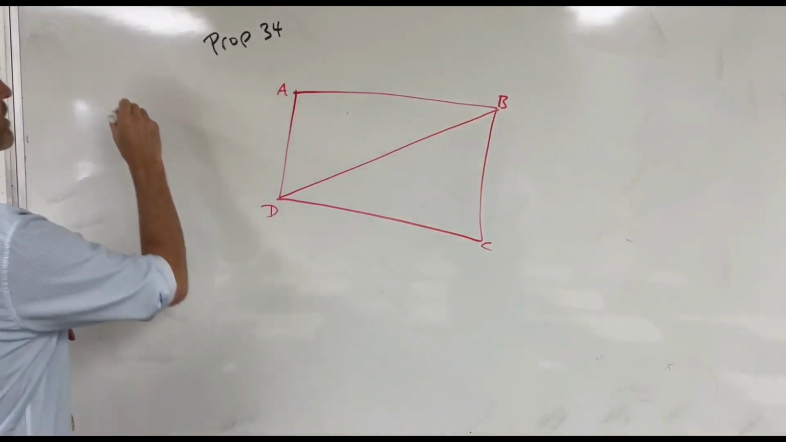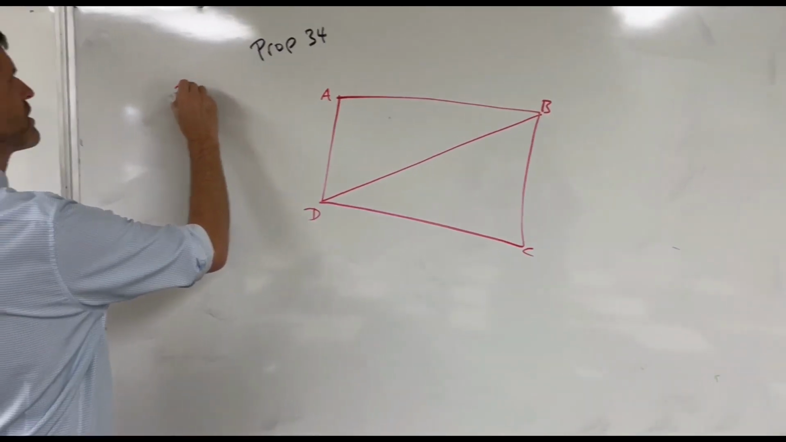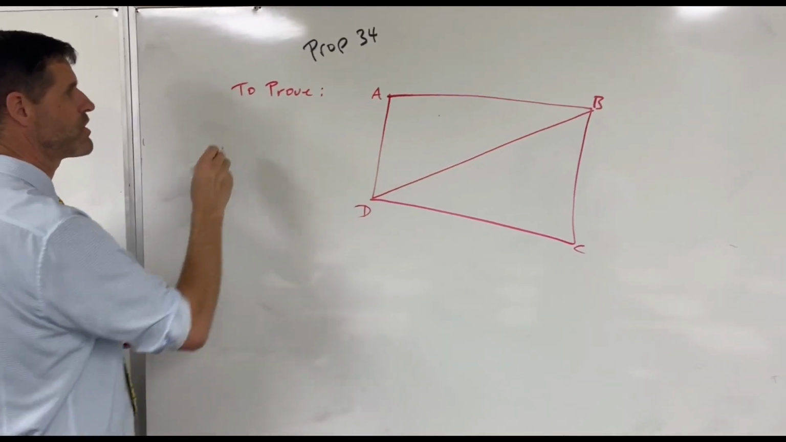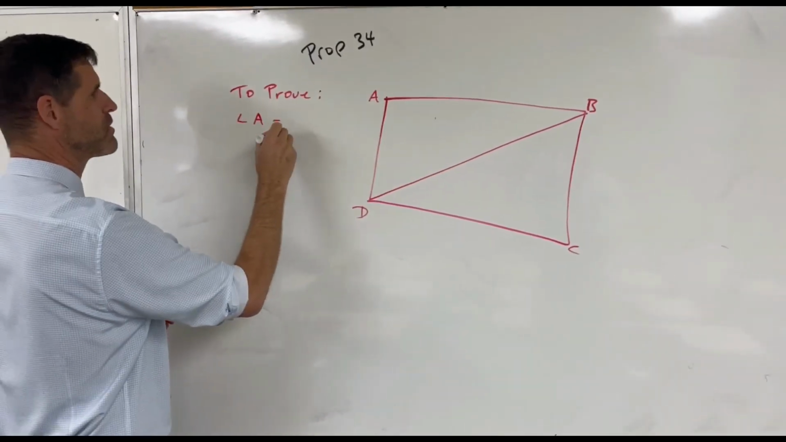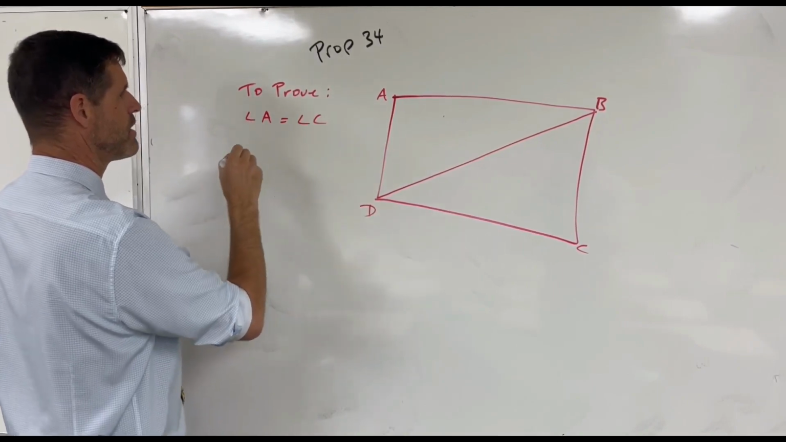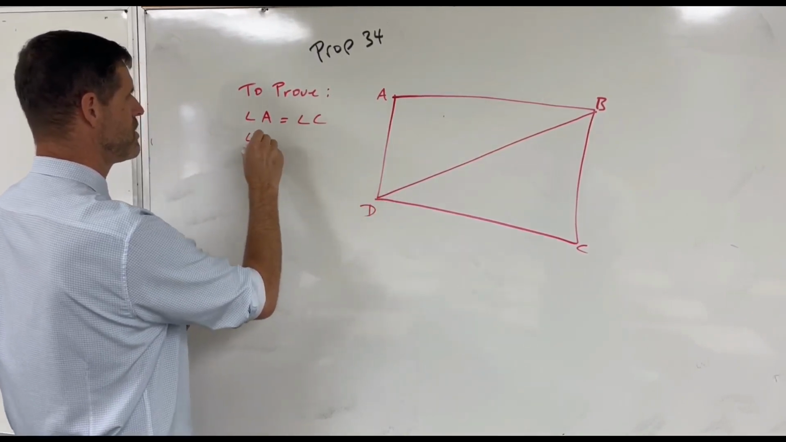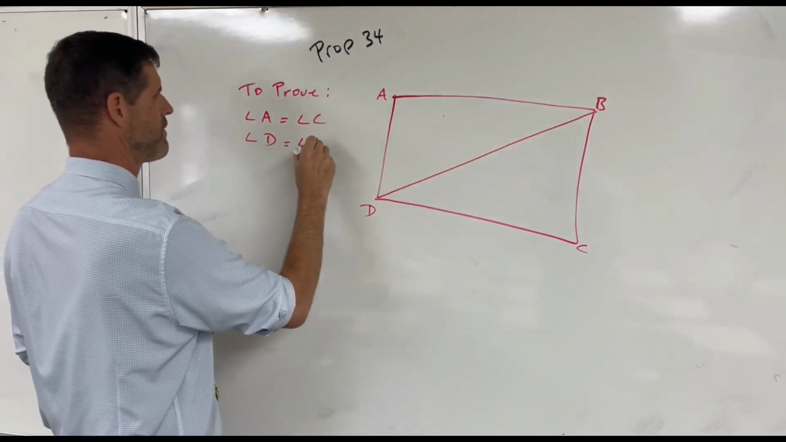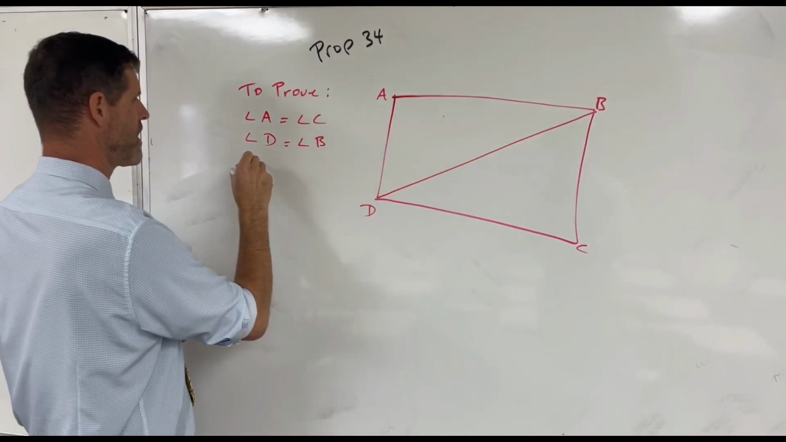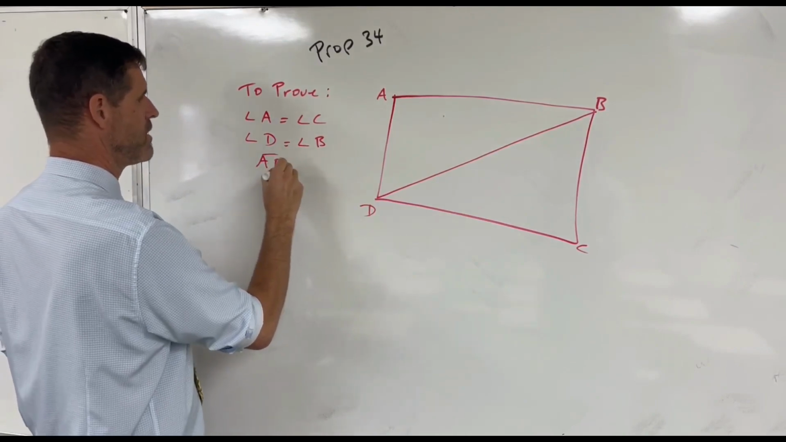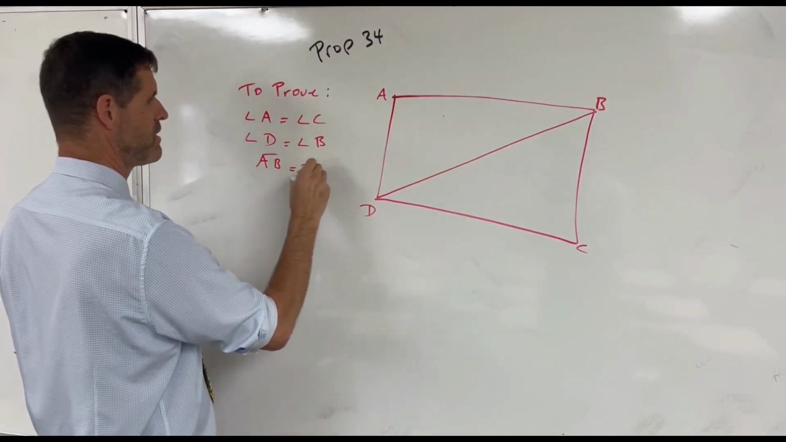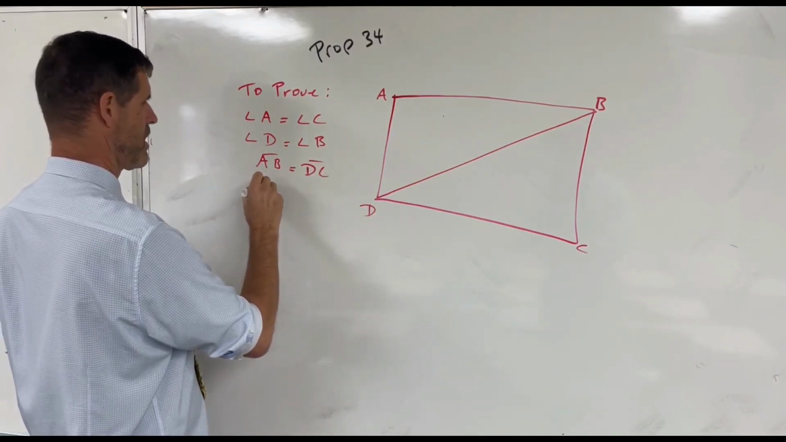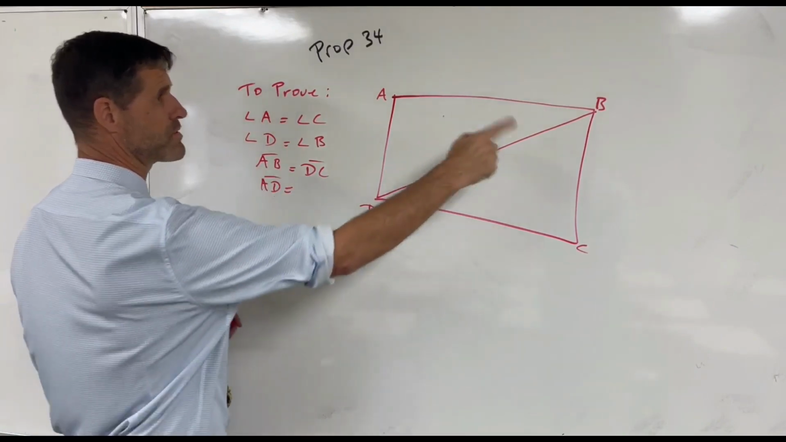And I'm going to write up our to proves here. So to prove, we want to show that angle A is going to be equal to angle C, that all of angle D is going to equal the whole of angle B, that the side AB is equal to the side DC, that the side AD is equal to the side BC,